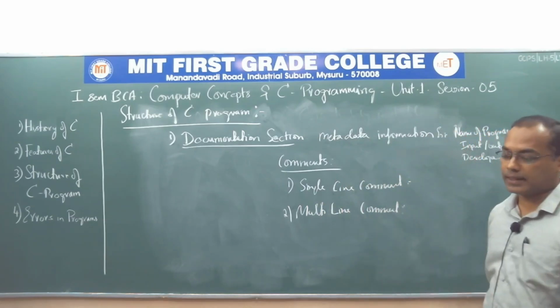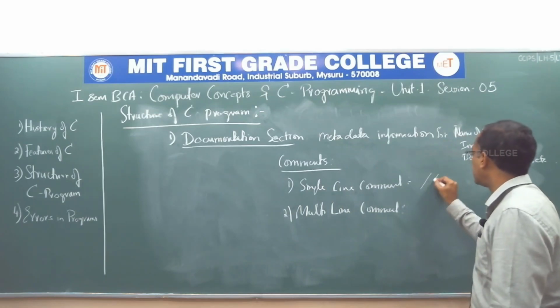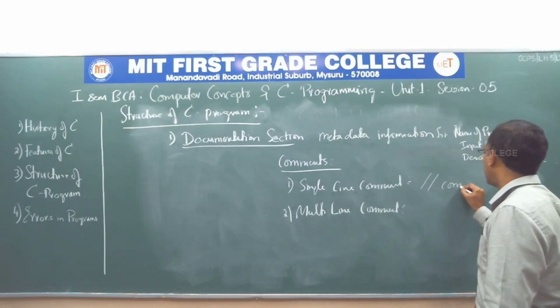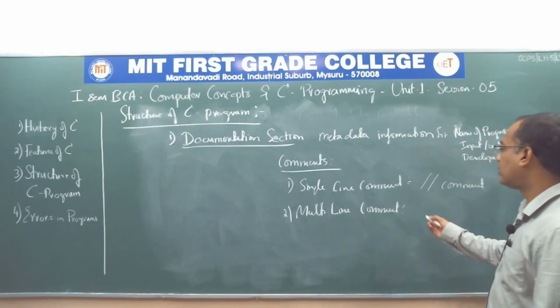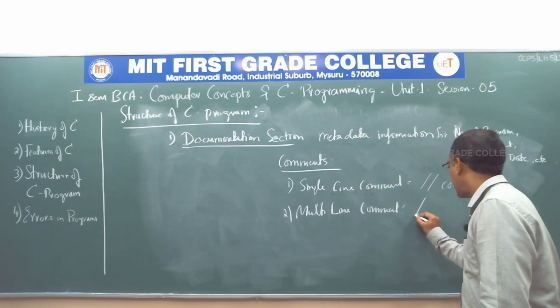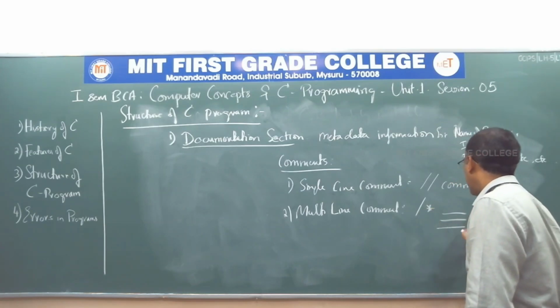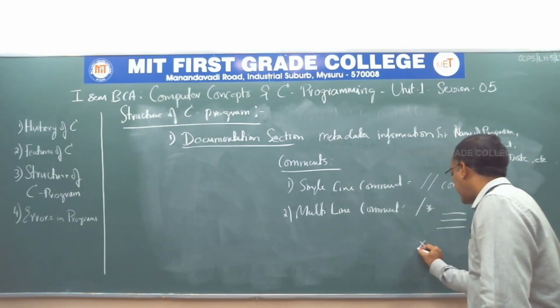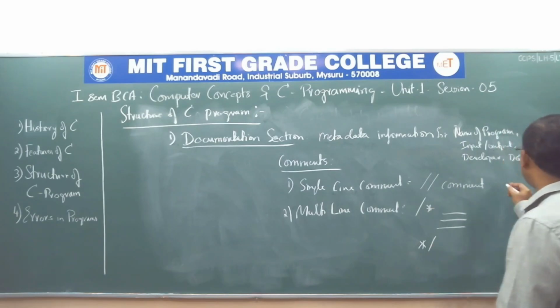If you want to write a single line comment, then you have to use 2 forward slashes followed by the comment, which is in the form of text. If you want to write a multi-line comment, use 1 forward slash followed by an asterisk. Here you are going to write multiple lines of comment and terminate with the asterisk and then a forward slash. For example,